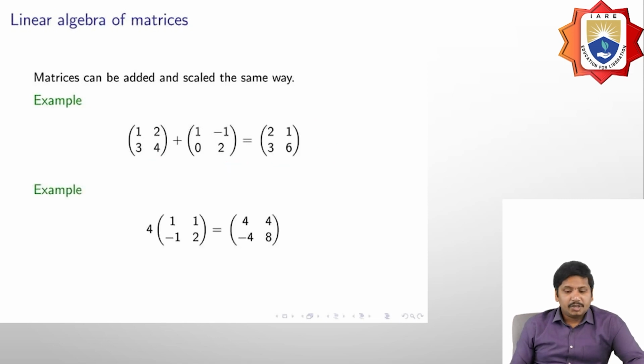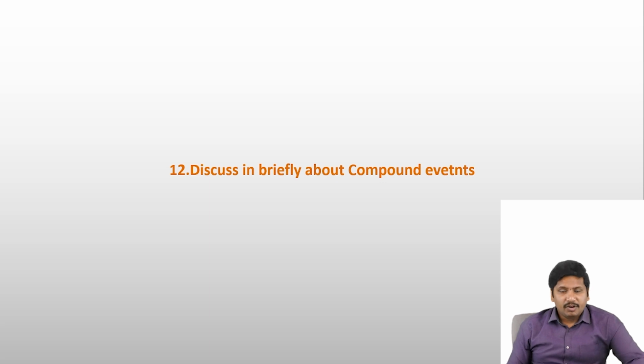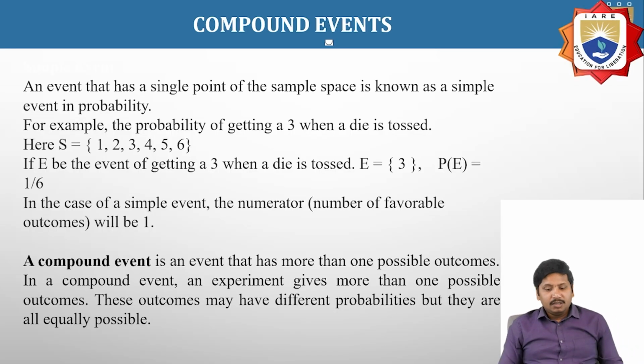So scalar multiplication is also possible. I'm going to multiply the value 4 with each matrix element. Next, we'll discuss briefly the compound events. So, events